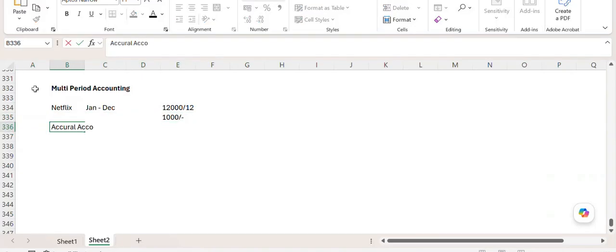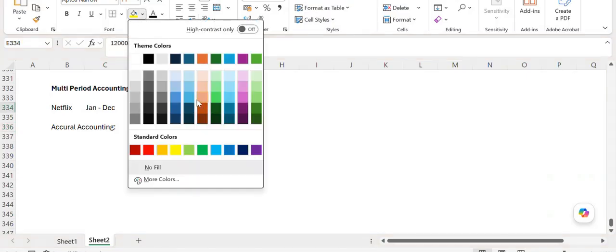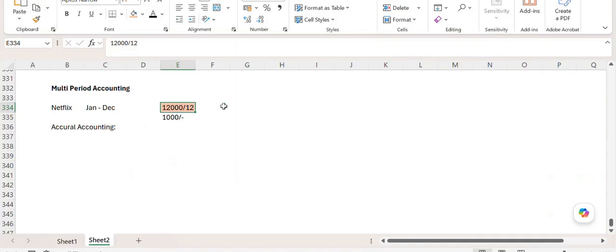Accrual accounting means that you should not recognize the amount unless you receive the product or you receive the service. In our case, the Netflix subscription will be like a service. So unless you receive the service, you should not recognize the amount in our books of accounts. However, we have paid $12,000 upfront, which is nothing but advance money to Netflix, but we are not recognizing